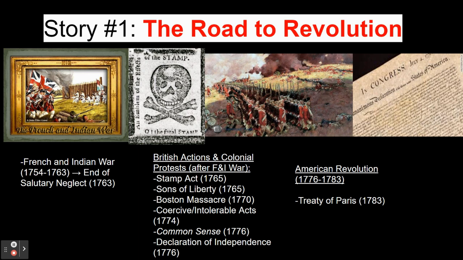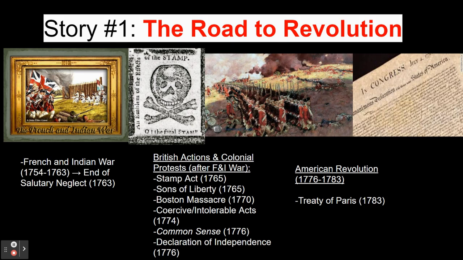Of course, there were other issues that caused tensions between the colonists and Great Britain as well. One major issue was the increased military presence within the colonies following the French and Indian War. The British did not think the colonists were capable of protecting the lands that they had won from the war, and so a number of professional soldiers remained in the colonies. Many colonists objected to housing these soldiers, and the Quartering Act, which was designed to provide shelter for a lot of these soldiers who are now in the colonies, was a major source of tension. Additionally, conflicts broke out between colonists and soldiers in the form of the Boston Massacre, as well as the later battles of Lexington and Concord.